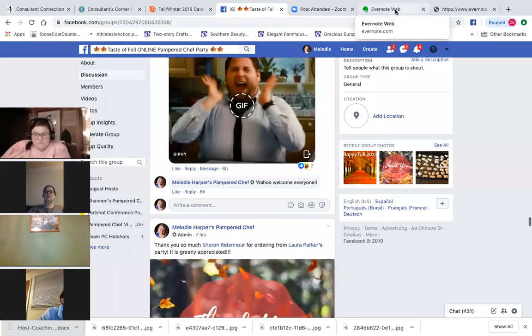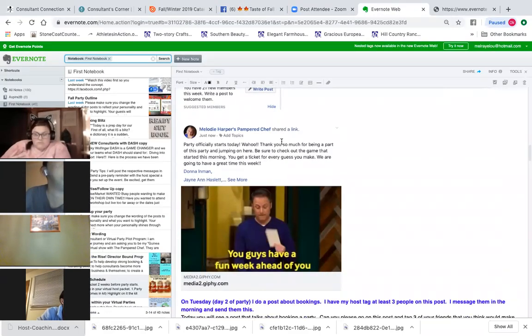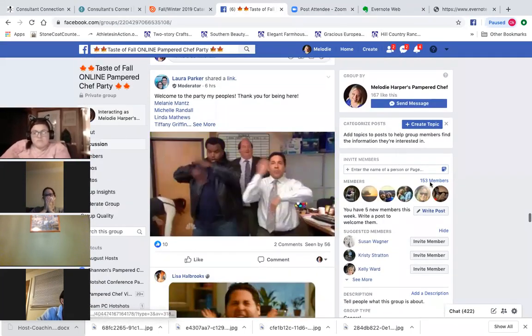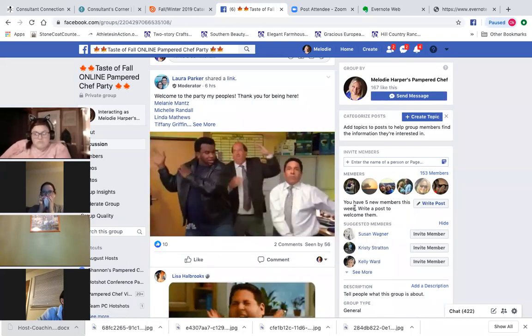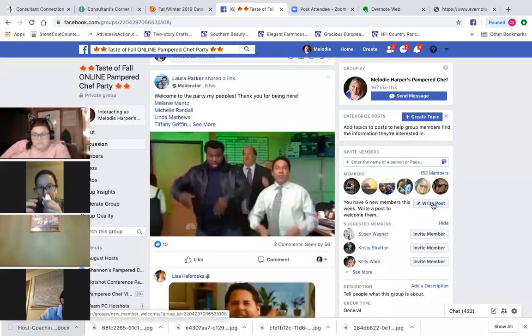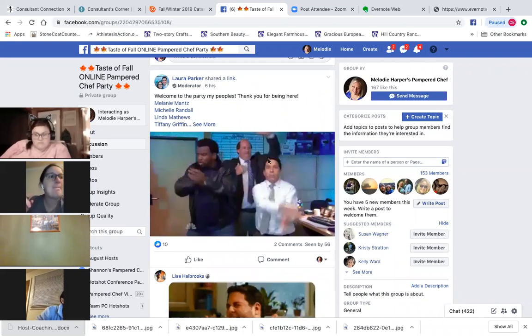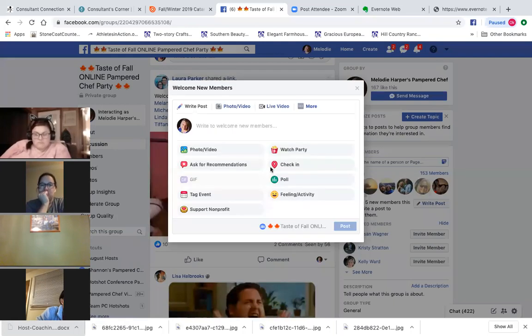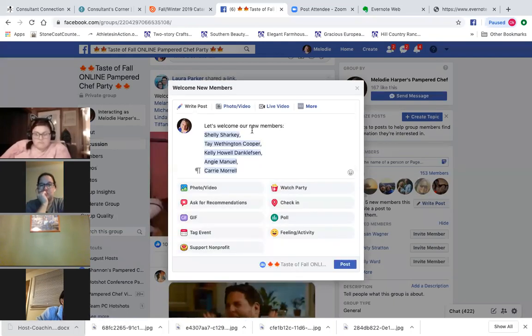So I go in and welcome them all, because if you go right here, it does say you have 5 new members this week, write a post. So if you click write post, oh, there it is. That's the one that she did. This is the one that my host did. Okay, write post, watch what happens. It tags the however many people, and Facebook will let you do a one-time welcome. So I just delete this and I put my own wording, and then I put my GIF of,